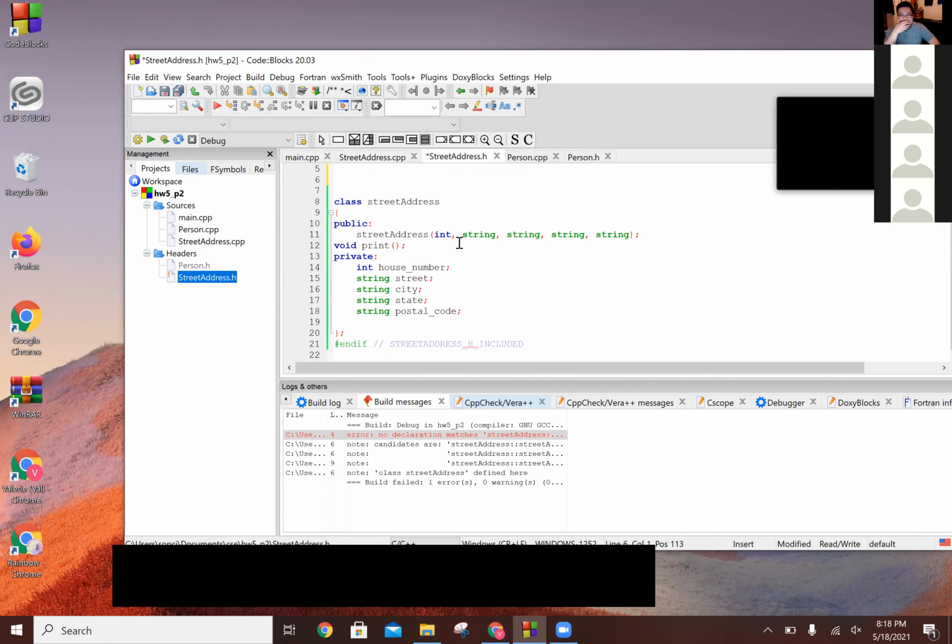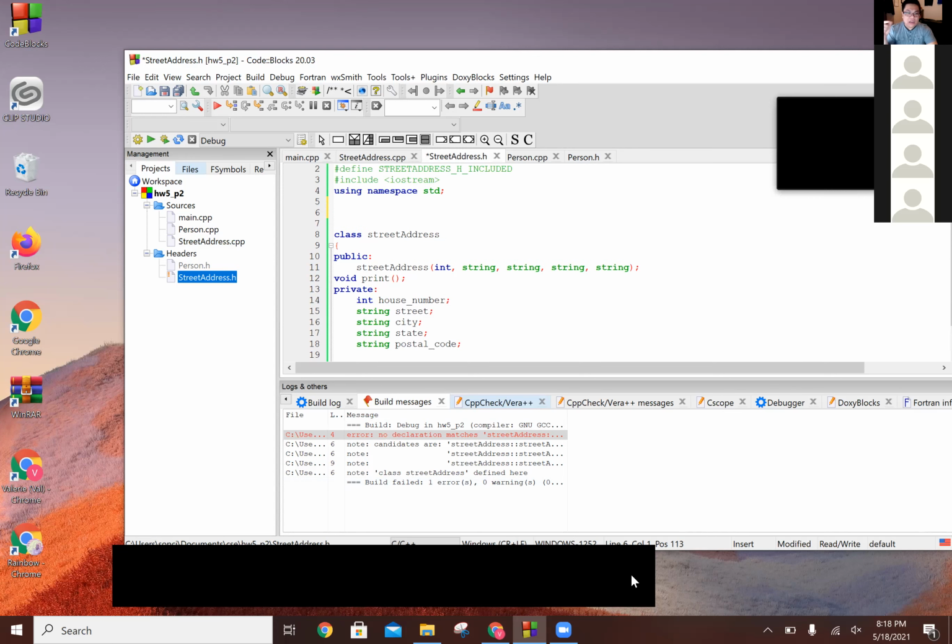I don't know what to say, guys. I don't see her error. Do you guys see it? No declaration matches. Yeah, I don't know what to say, guys. I don't see her error. Does capitalizing S in street address work? Right there in your